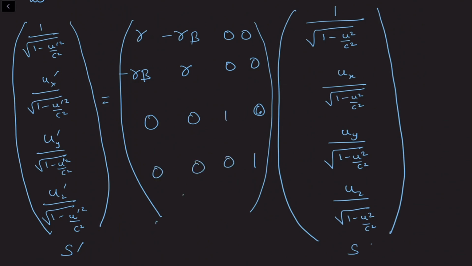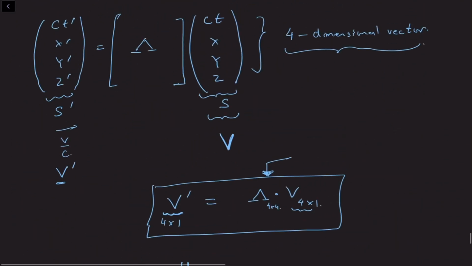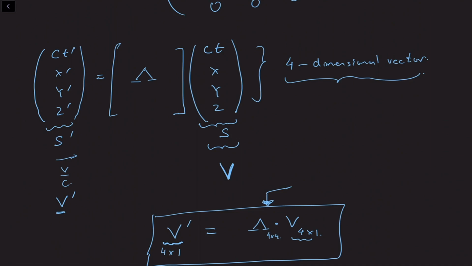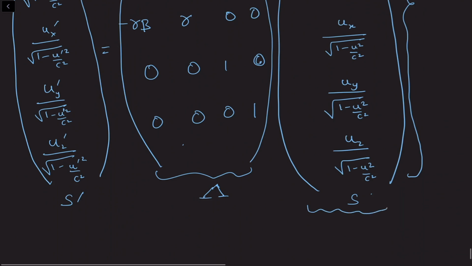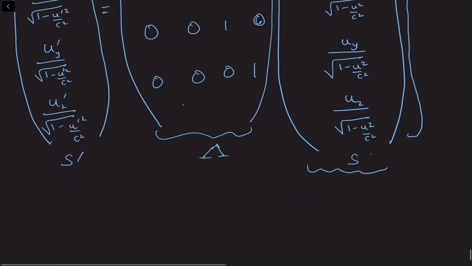Okay, it's this matrix over here, where this matrix is lambda that we use for the space-time coordinate. So what we see is that while ux, uy, and uz have more complicated transformation laws, the law for transformation of these 4 quantities is simple. It's as simple as the law of transformation of the space-time coordinate ct, x, y, z. In other words, if I define these 4 quantities as some kind of new quantity, which we call u, which we call a velocity 4 vector,